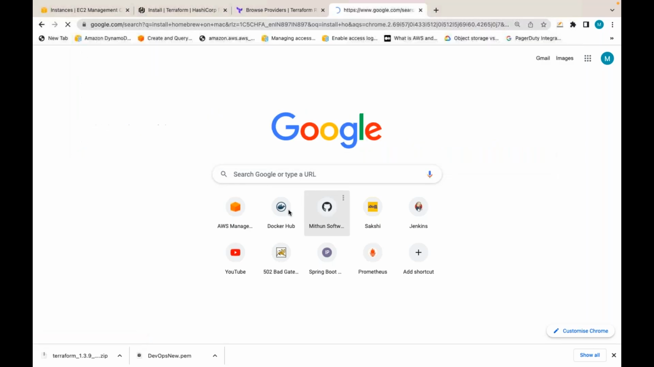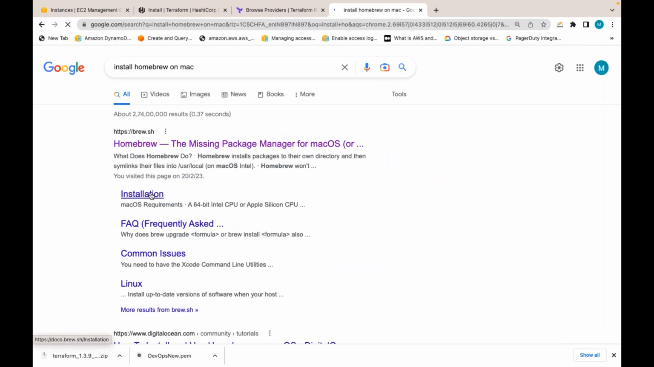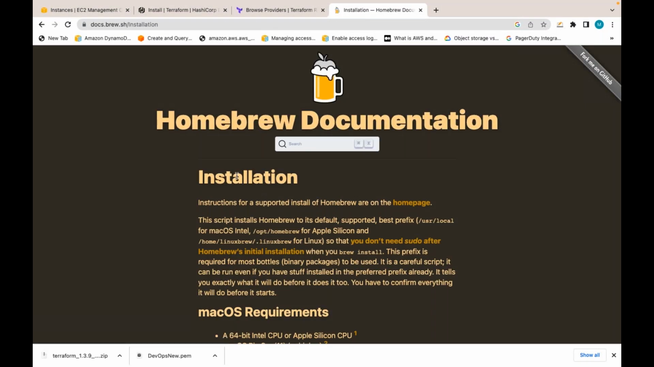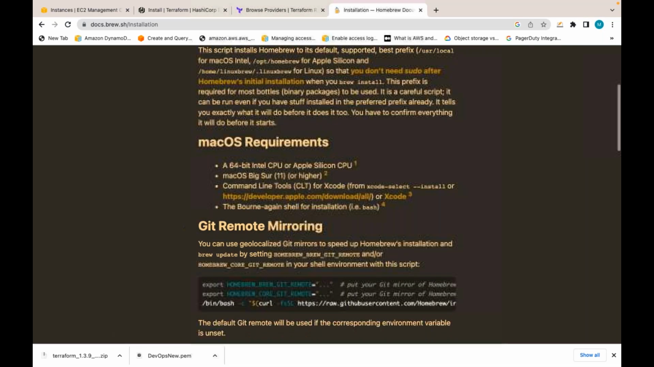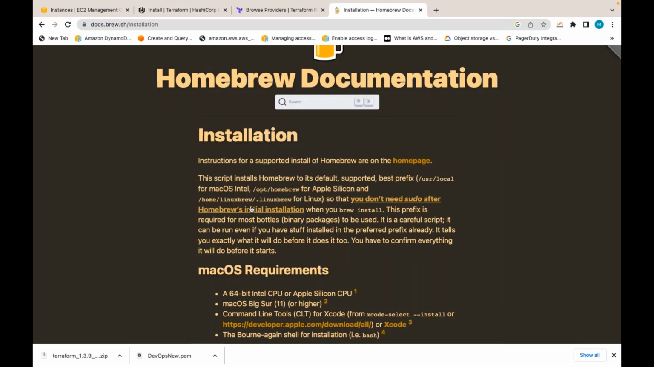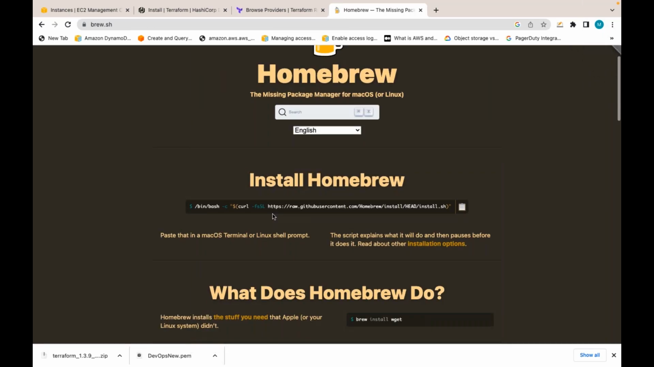In Mac, first you install brew. Suppose you don't have Homebrew, you can download and install. They are giving how to install Homebrew also. They are giving installation instructions on the home page. So they are saying run this command